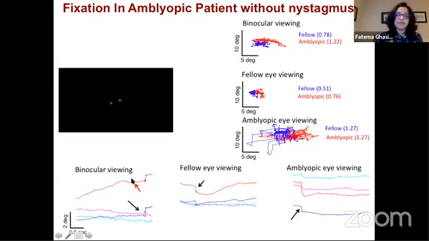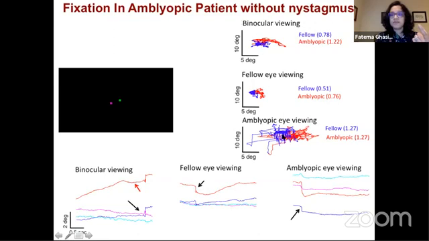Notice that there is an increase in the drift here. The drift is again evident during fellow eye viewing, and when the amblyopic eye is viewing, in addition to the drift, there is an increase in the amplitude of the fixational saccades. So collectively, the increased amplitude of fixational saccades and the increase in the drift cause the fixation instability,